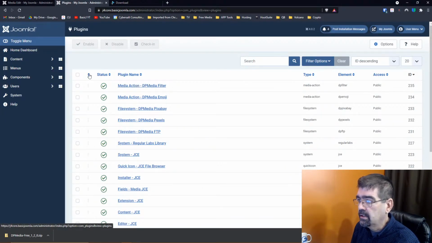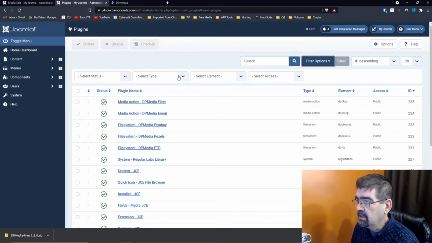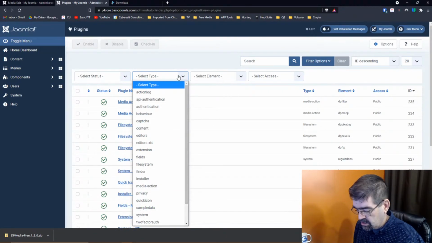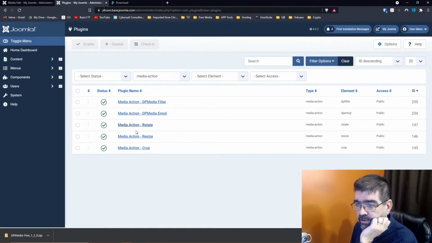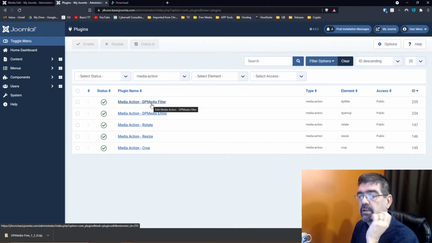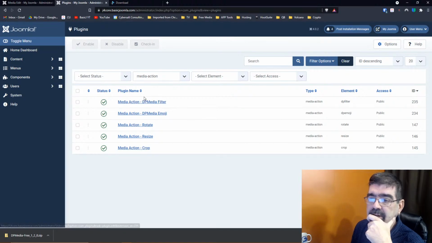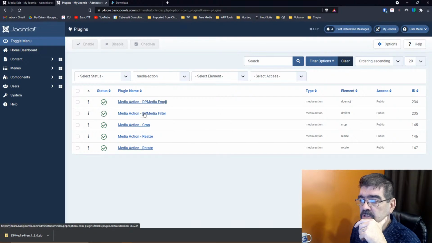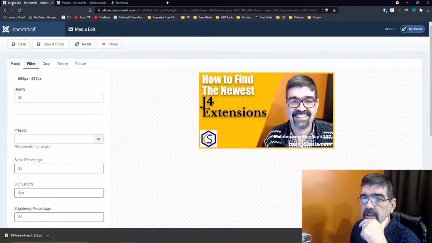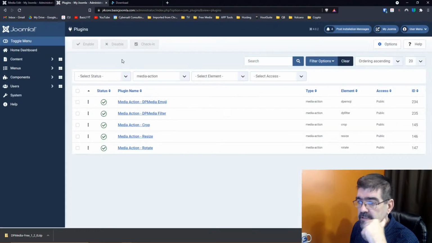Let's sort by. Let's do this. Let's go filter options. Let's take a look at the type, which is a media action. That's cool. All right. So now we just have here's our crop, resize, rotate, emoji, and media. Oh, wow. All right. So now let's filter by order. And we've got emoji, filter, crop, resize, rotate. In the Media Manager, we've got emoji, filter, crop, resize, rotate, which means if I want